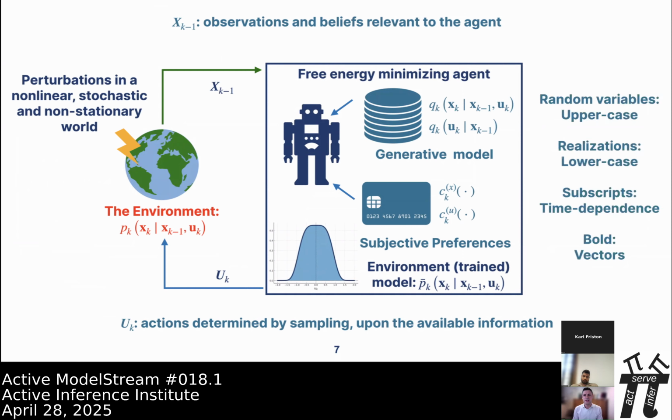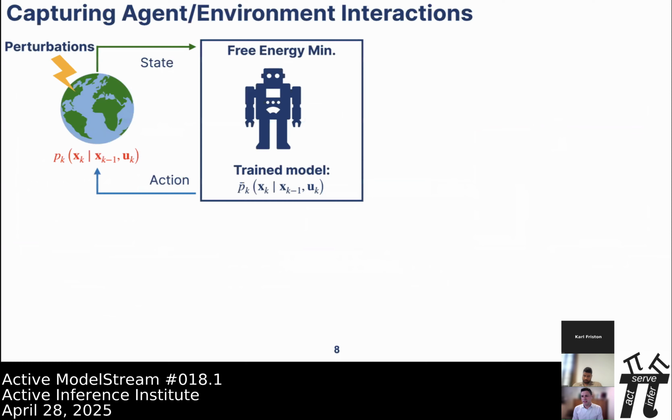Just in terms of notation, as I said, I'll try to keep the mathematics at the minimum. I just would like to flag that capital letters mean random variables, lowercase letters are just realizations, and subscripts are time dependent. Whenever you see bold, it is basically a vector. So we have this setup. We have an agent that is interacting with the world around it. We have essentially a feedback system where information in the form of state feeds the agent, the agent computes an action, and the action pushes the world to move to a new state. So this is a back and forth of information that we can capture mathematically.